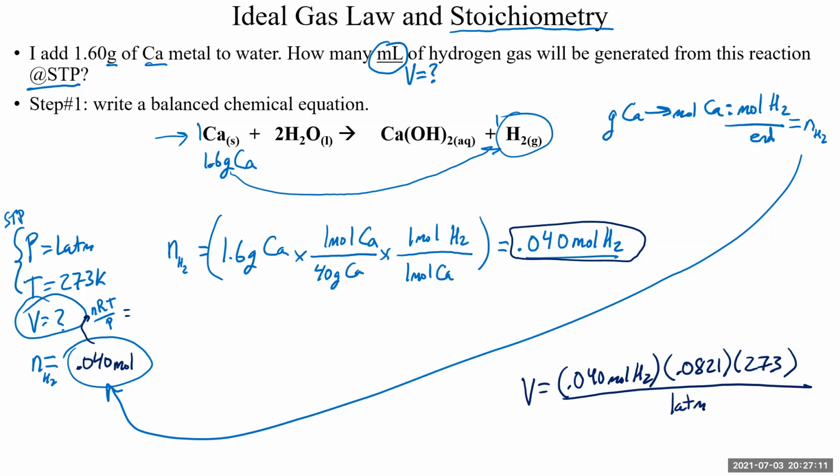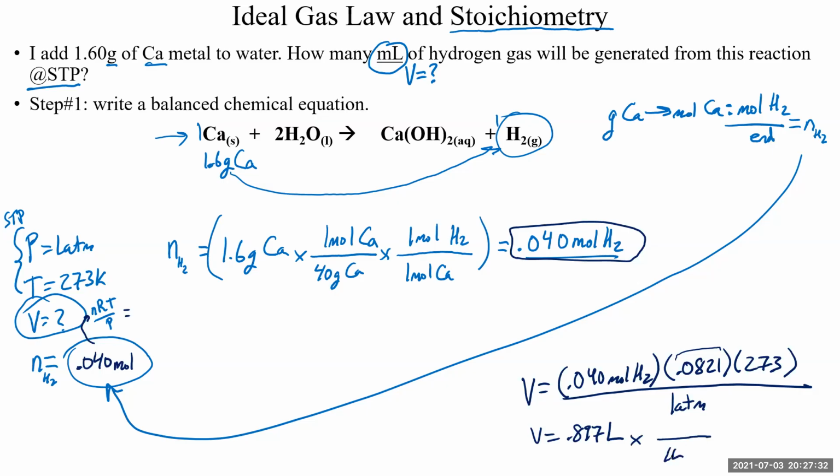What did we want the units? Oh, in milliliters, right? You might actually just want to remember that this is 82.1 milliliter atmospheres per Kelvin mole. It might actually make things just a little bit easier. We end up having to multiply by 1,000 anyway all the time. So we end up with a volume of 0.897 liters. And of course, you want to convert liters to milliliters.